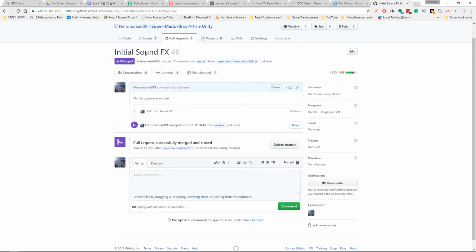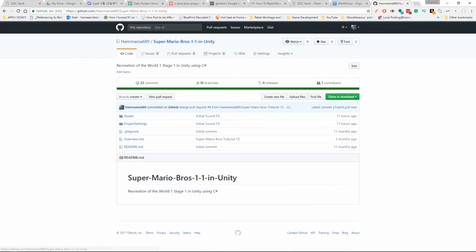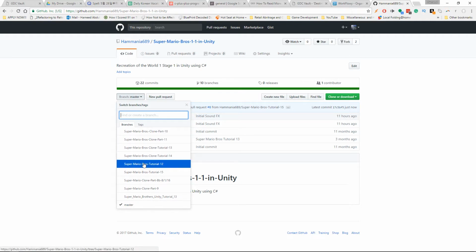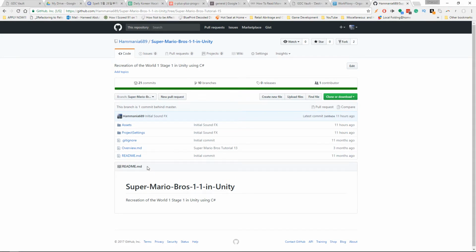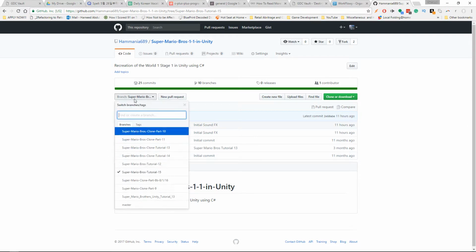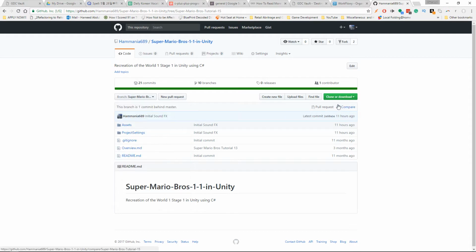All this is doing is making master the equivalent of all the work up to tutorial 15, and this will change in the future. What I want you to do is ensure that you're on tutorial 15, because you can be watching this at a later moment where the repository's history is ahead or even behind if I go and change something and reset the whole thing. So make sure you are on branch tutorial 15, and from there you can choose to clone and download here. You can download a zip,